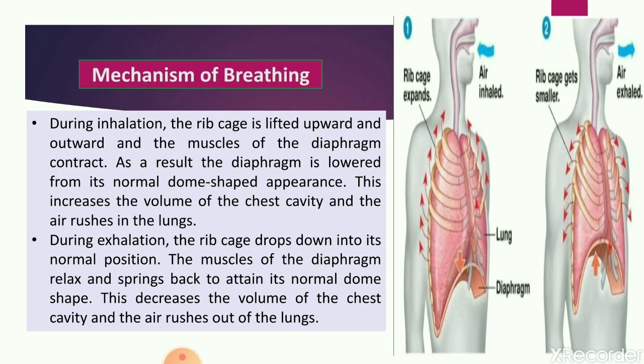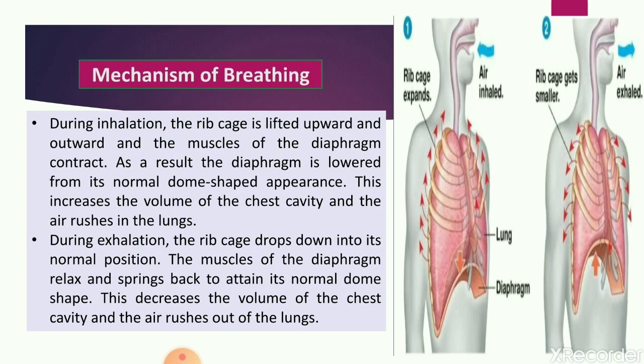Next one is the mechanism of exhalation. Exhalation means expiration. So what happens in this case? During exhalation, the ribs move down. The things that happen during inhalation, the opposite things will happen in exhalation. So during exhalation, the ribs move downwards and inwards, and the diaphragm, which became straight during the